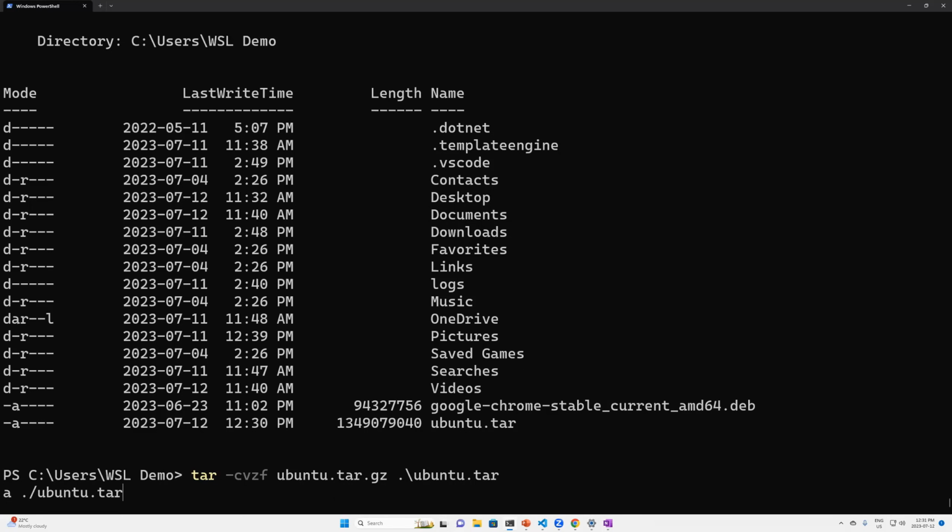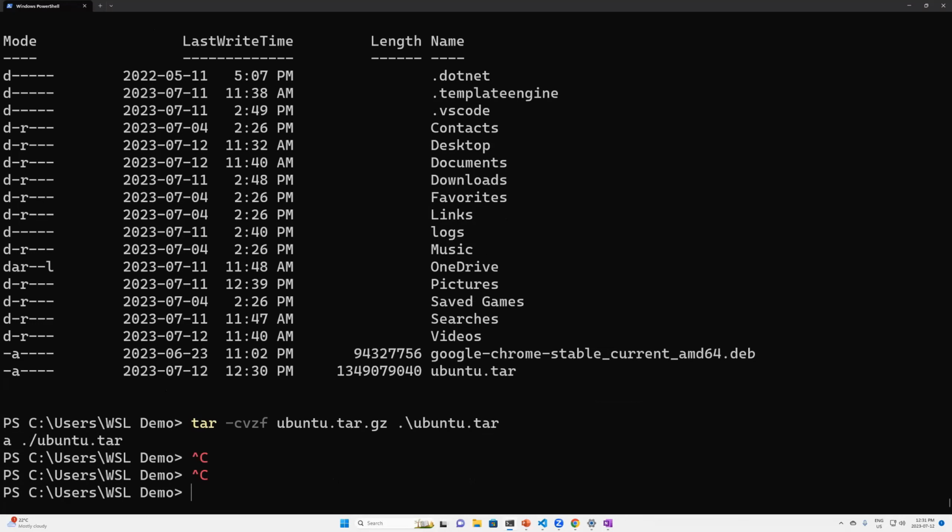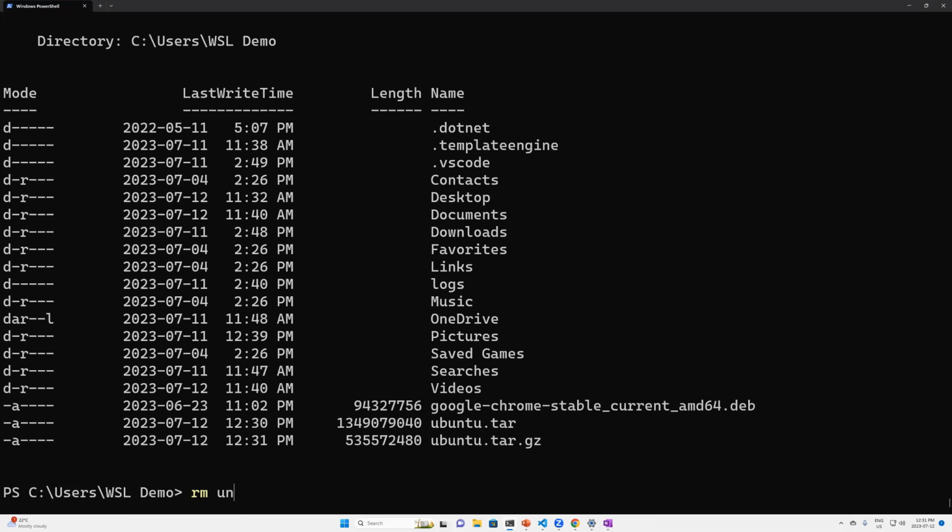That will create an archive Ubuntu.tar.gz that's slightly smaller. I think it runs about half the size, maybe not. We'll let it work for a second. This will compress your tarball down a bit if you want to store it long term. So this is a good way of creating an image or snapshot of your instance if you're going to be mucking around with this stuff. I'm not going to sit here and wait for that to happen, so we're just going to remove